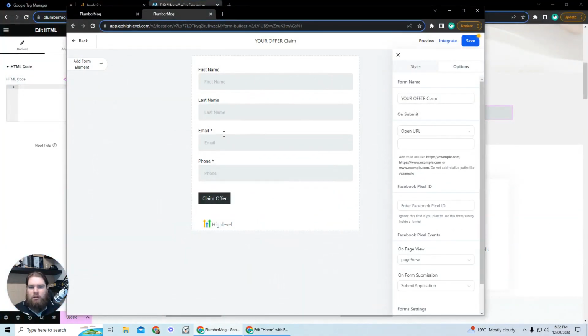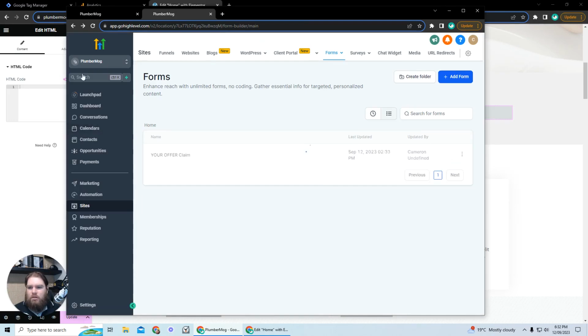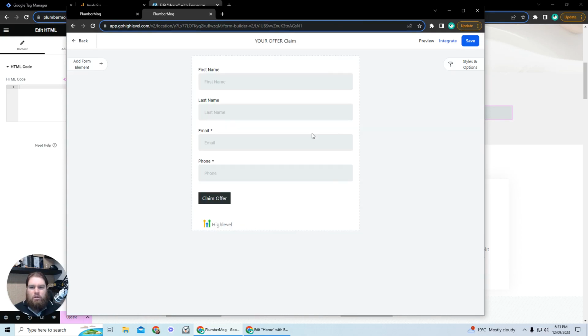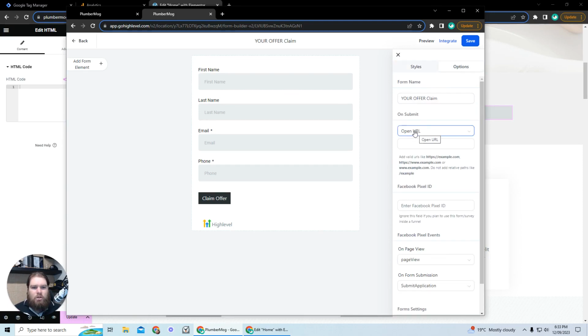So when we bring up our Go High Level, we've got our forms that have already been created. So let's cancel this. Let's just proceed. So when you're in your account, come to your site, your forms, and your builder. Here's just one that's already set up for us. So we'll come in to edit this. There's two things we're going to want to make sure that we've set up on this. In our styles and options, on submission, we want to make sure it opens up our URL